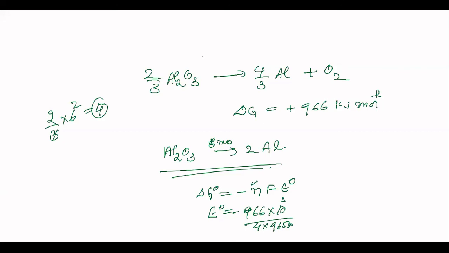966 divided by 4. I think you can cancel it off. 1 by 4 you will get, isn't it? 1 by 4 will be 0.25 you will get around this. Even if you cancel it out, it will be 100 goes to the numerator into 10. So 0.25 into 10 becomes 2.5. Minus, of course, minus value you don't have here. So this has to be minus. Otherwise it will be a non-feasible reaction. So make that delta G as negative. Then this will be positive. Then it is correct. So your correct option has to be option 1. Okay.